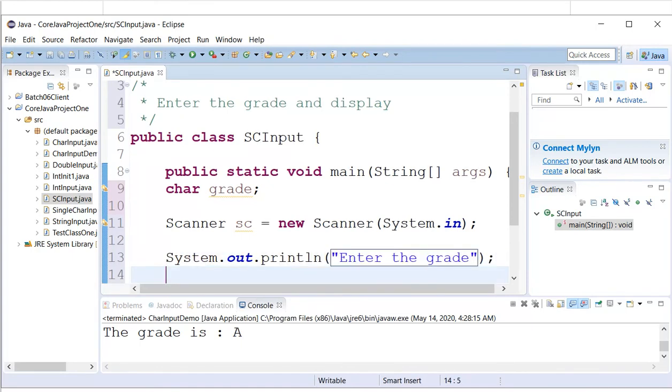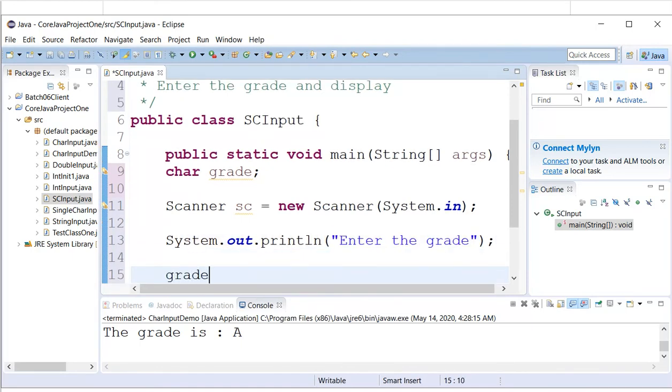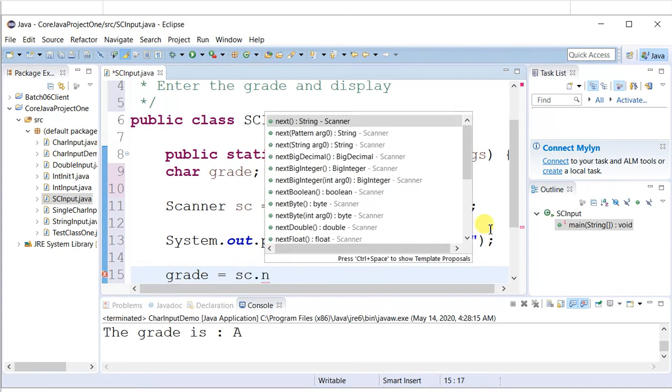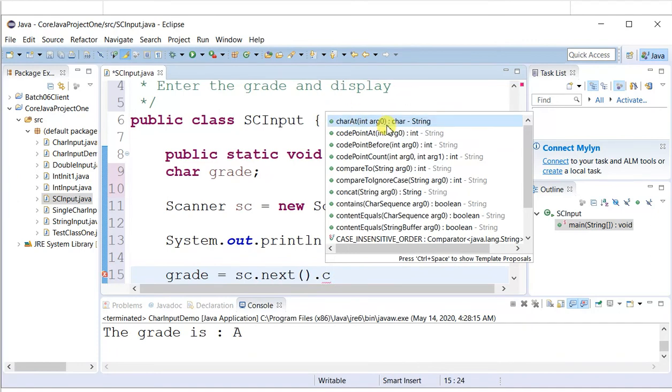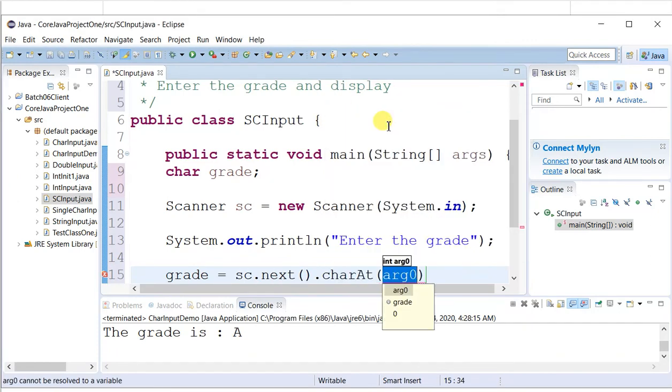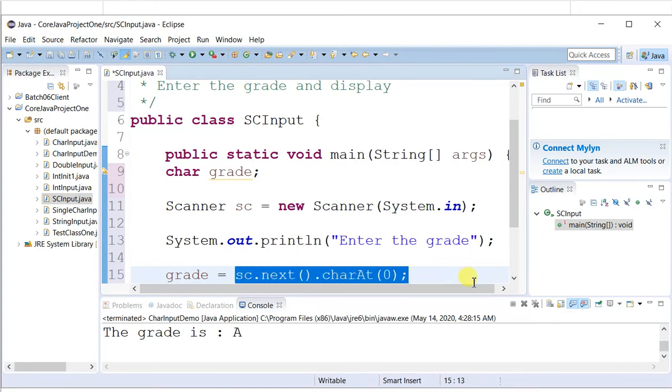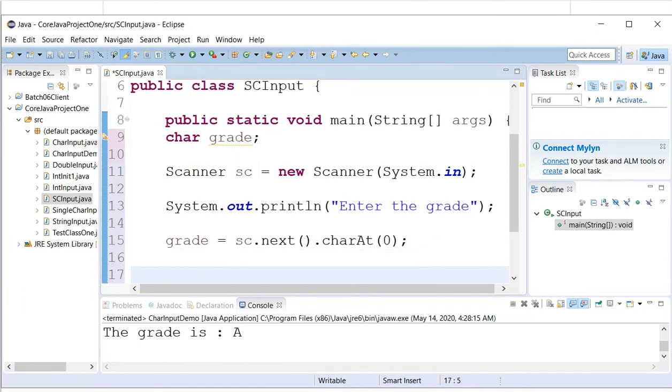Now, as we discussed, it will not be in the normal way, it will be scanner object dot next dot charAt. You can see the charAt method over here, and the index number is 0 because we are entering a single character. So my job is done. It is a combination of next followed by the charAt method to accept a single character input.